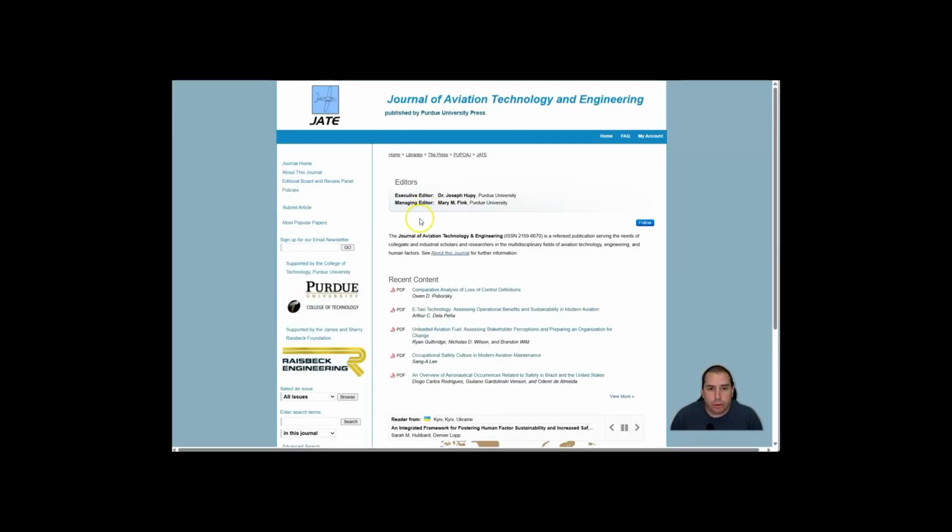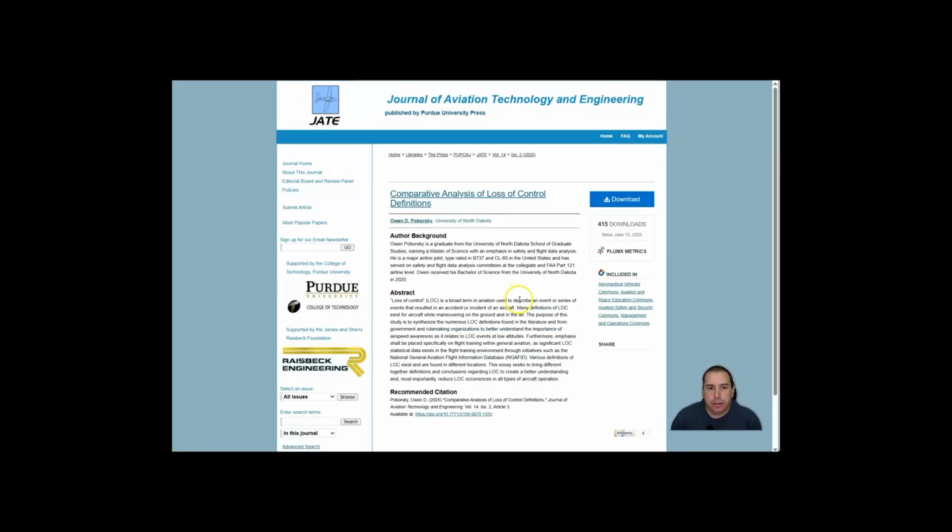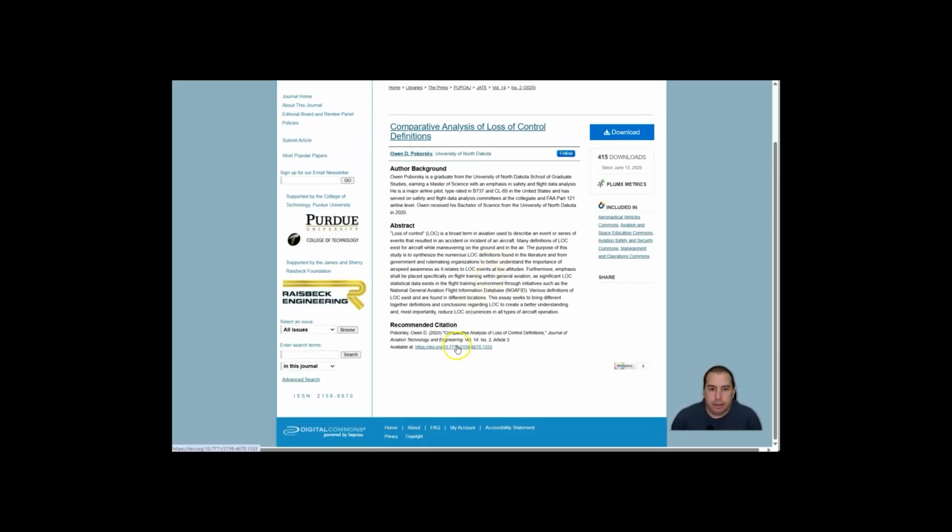So we'll start with an easy one. So Jake is a pretty good journal that I use quite a bit. And here we've got a random study that's got a DOI listed. All right, so down here we see the recommended citation. So this is always good to look at because it gives you a lot of the basics,